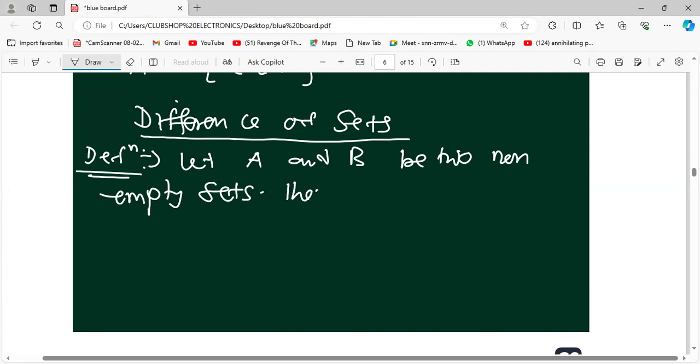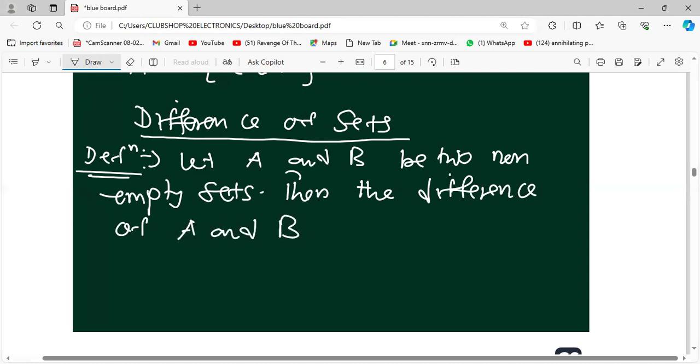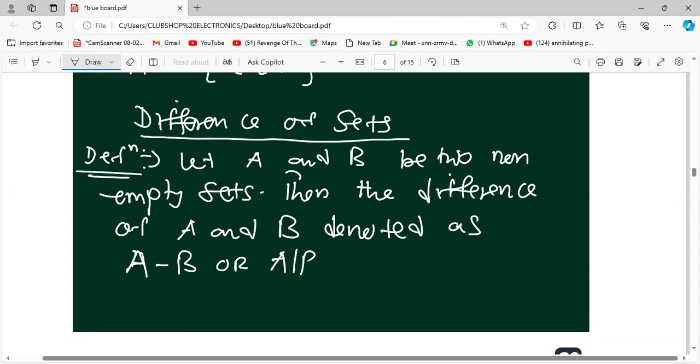Then the difference of A and B, denoted as A minus B or A slash B,